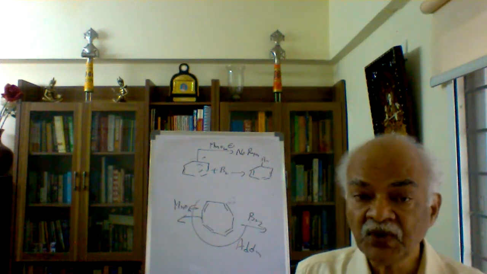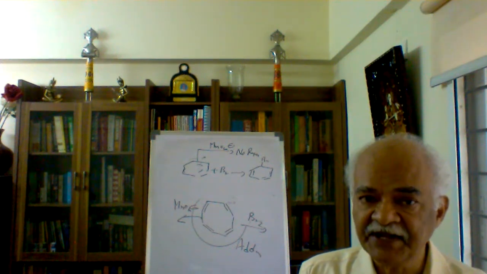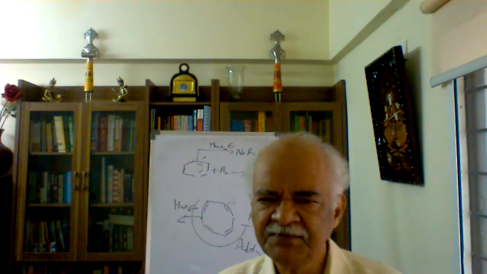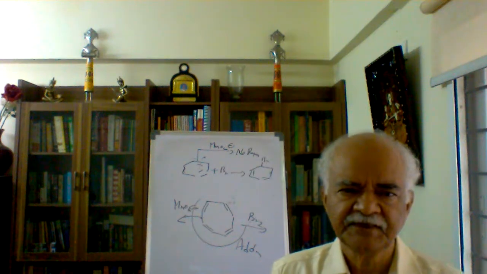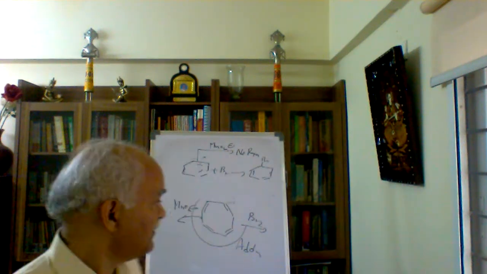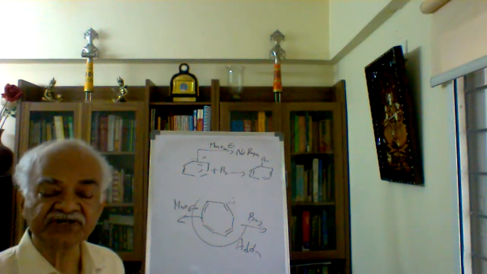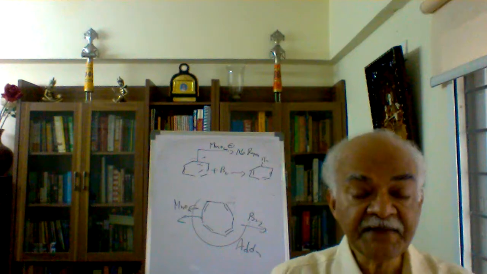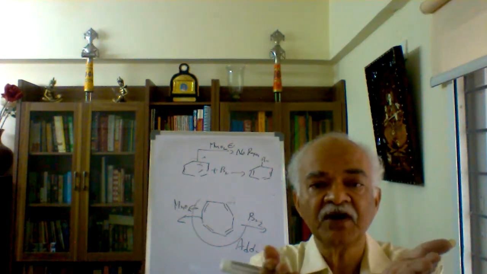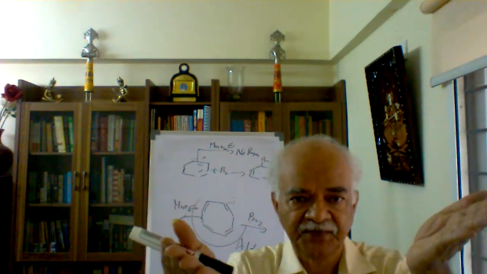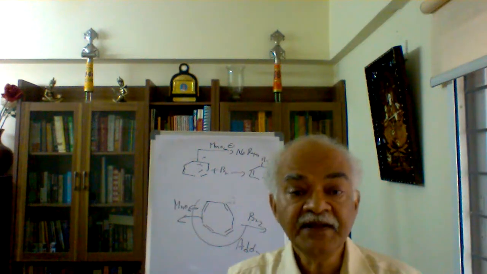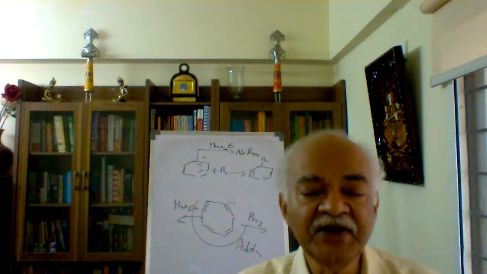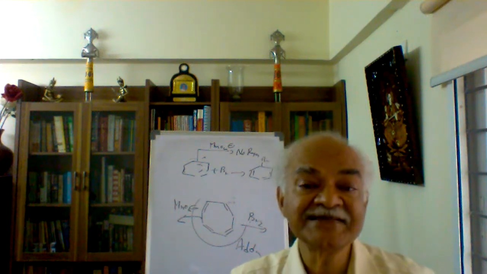Therefore, cyclic conjugated systems do not necessarily enhance stability. I don't think we can understand this by extension of simple resonance theory. In fact, later structural studies indicated that this particular molecule is not planar and goes for a stable conformer something like a tub shape. You can take a vessel, tub shape. In that tub shape, the planarity is of course sacrificed. Therefore, there is no question of delocalization.